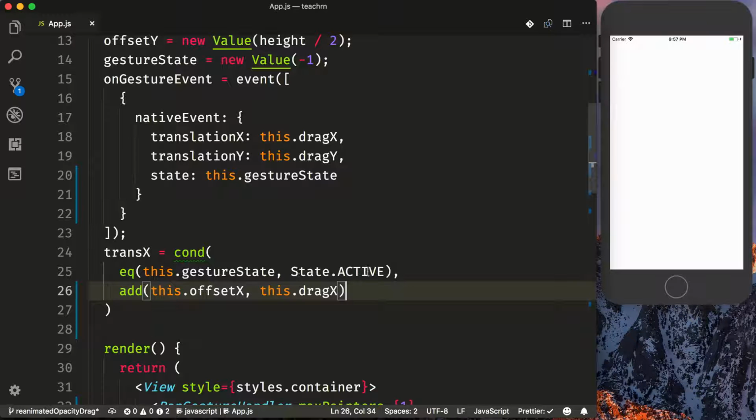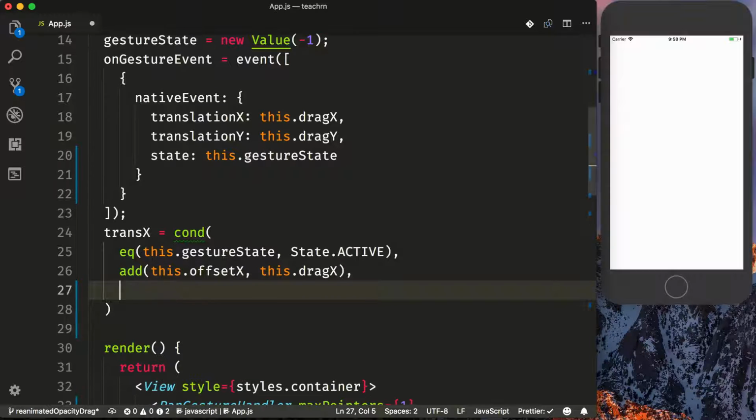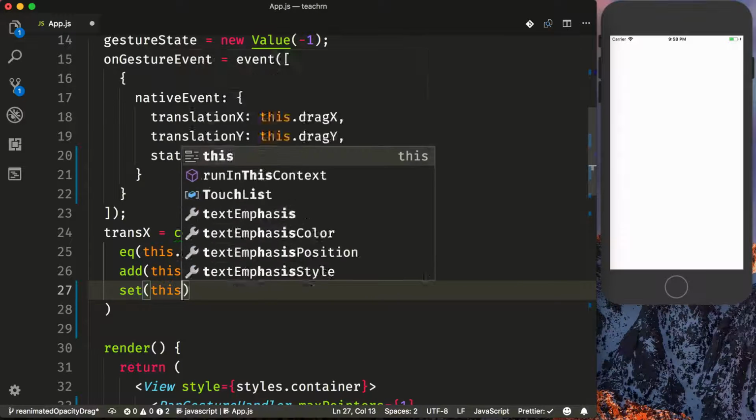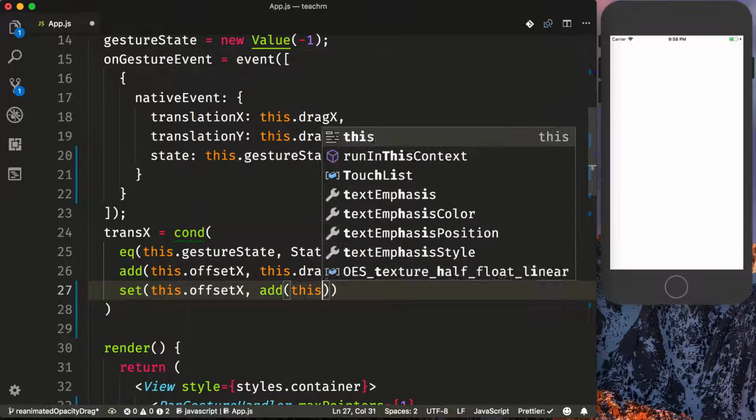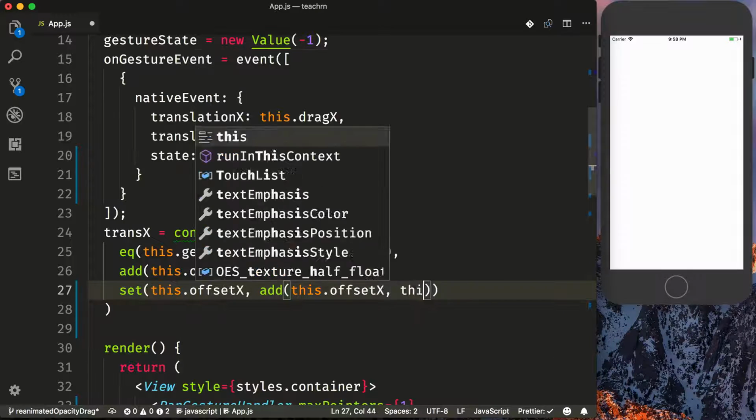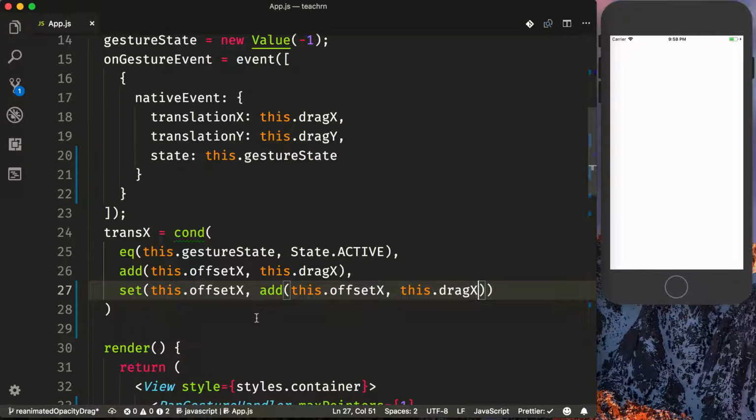And then whenever the gesture state isn't active, what we want to do is save off the particular offset drag x to the offset x. So we're going to use the set command and say we want to set this.offset x with the addition of this.offset x and this.drag x. And the way that this works